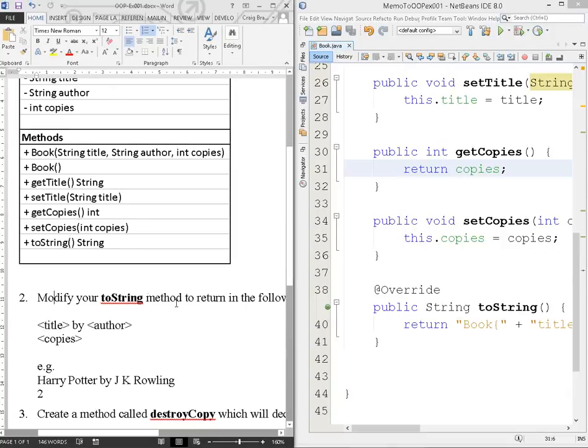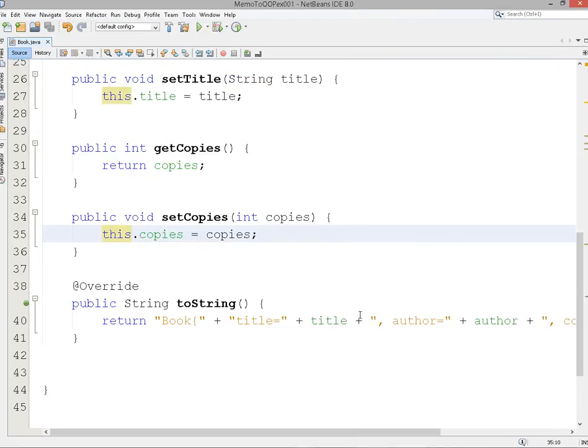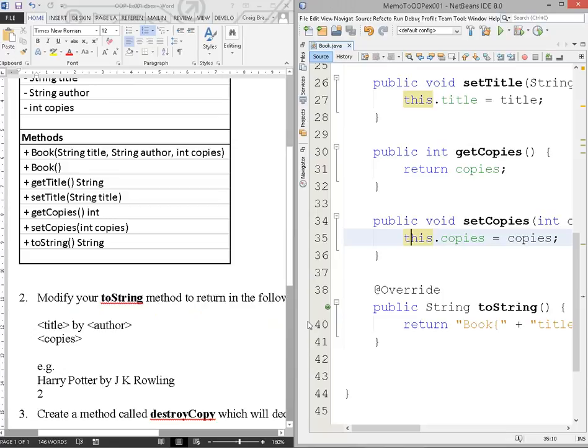So that's the structure we wanted to return. At the moment, if we look at our toString here, you'll see that it's given in the format: Book open curly brackets title equals that. So it looks quite a bit different to what we want. So the way we want our toString to look,